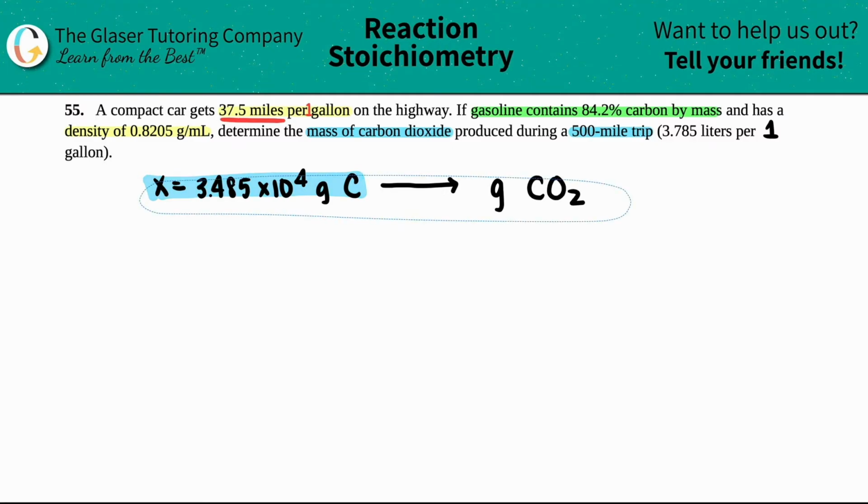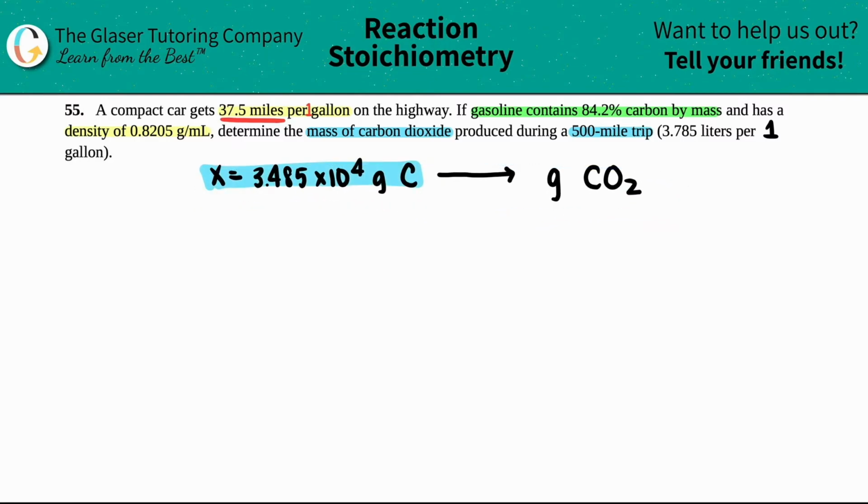Now we're back in stoichiometry land, right? We're going from one compound to another, and we can only do that through a balanced equation. This is gasoline, and we're talking about combusting, the burning of fuel. So this is just our standard combustion equation in which carbon, because it's just a C,